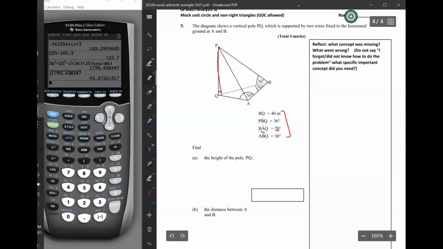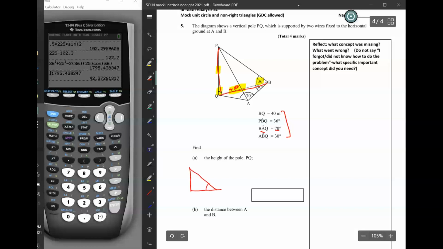So first we want the height of this pole. And basically, to find the height of this pole, since we know that BQ is, oh, they didn't label that, BQ is 40. This line here is 40. So with this length and with this angle, and the fact that that's 90 degrees, we can pretty much find that post length, right? This is a pretty basic